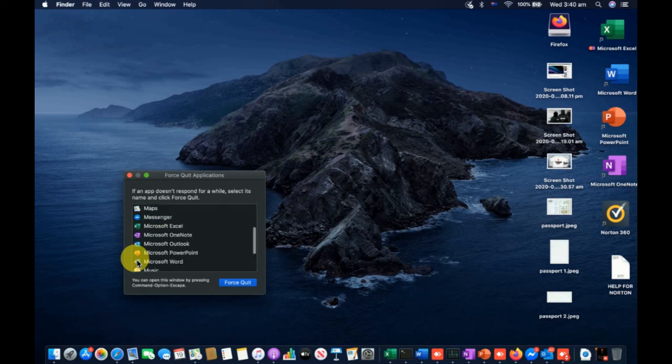Oh, yeah, activity monitor. Now you can see this activity monitor is running here, but if I select this activity monitor